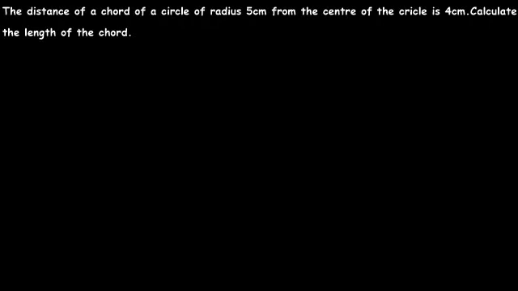The distance of a chord of a circle of radius 5 cm from the center of the circle is 4 cm. Calculate the length of the chord. Please, I would recommend you take your time, read the question, digest it, and know the quantity that is given to you. Is it a chord? Is it a radius? Or is it the distance of the midpoint of the chord from the center of the circle? Because this question,